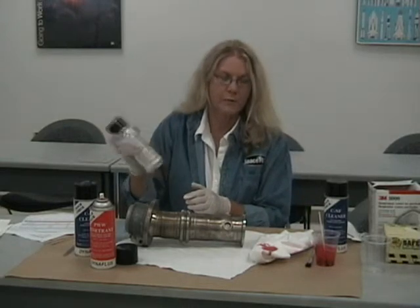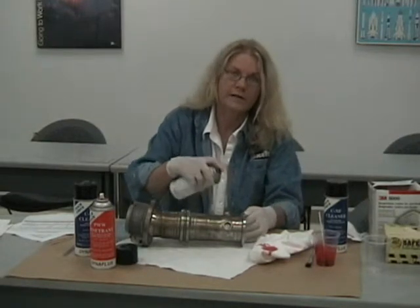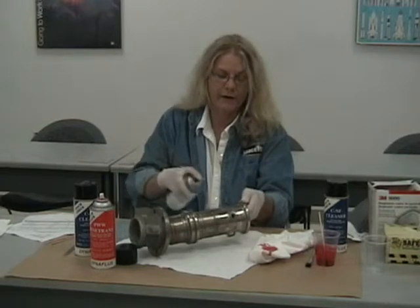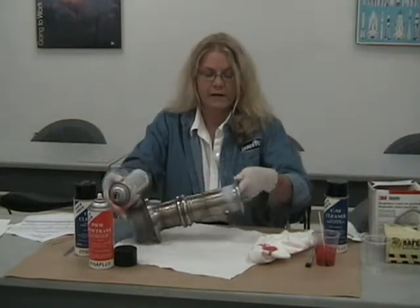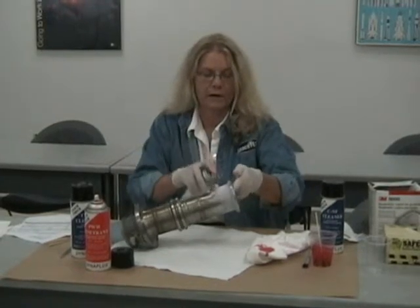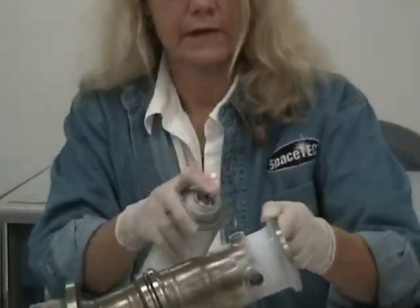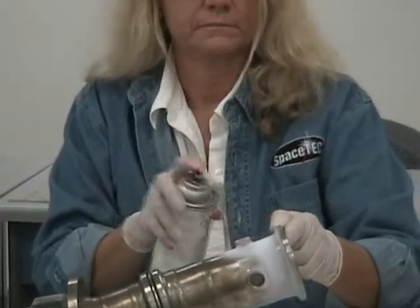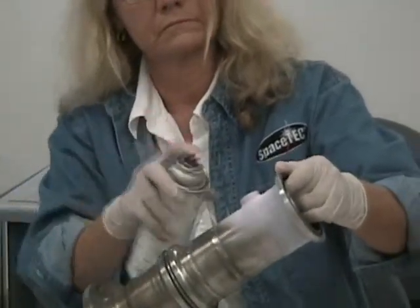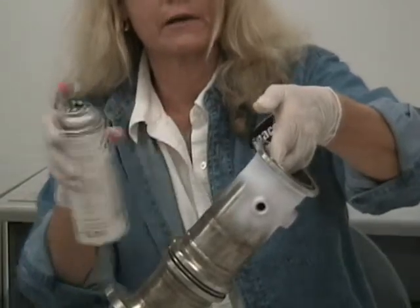When you apply developer to the surface of the part, you don't want to get on top of the part with your nozzle and just spray into the part. You want to apply your developer in a nice feathering fashion. For example, make sure it works first, that you've got your developer coming out, and then apply your developer this way. As you can see, the developer is starting to coat the surface of the part where we had the penetrant applied. So we're going to coat the weld first, and then around this one. Make sure you have a nice even coat, but not a heavy coat, because you don't want to blast out